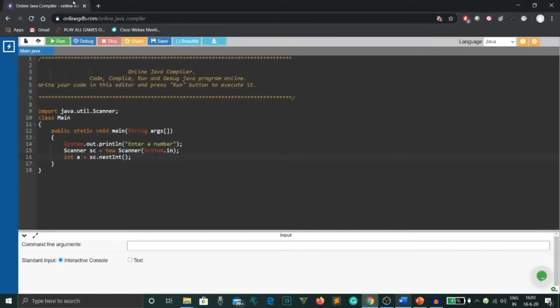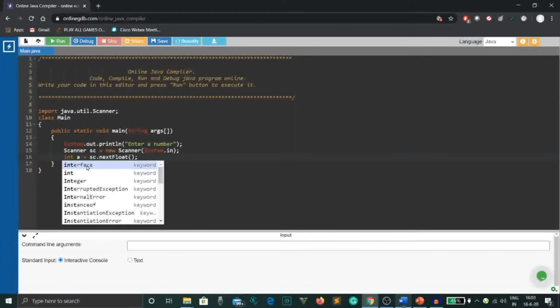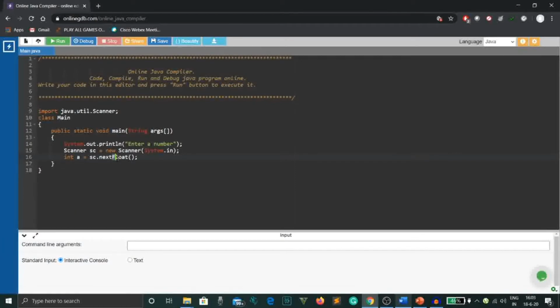And again we'll put semicolon. Here instead of an integer, if I had chosen float, then I would have written nextFloat. But since this is a simple program, we have to take an integer, and here also nextInt. Right.